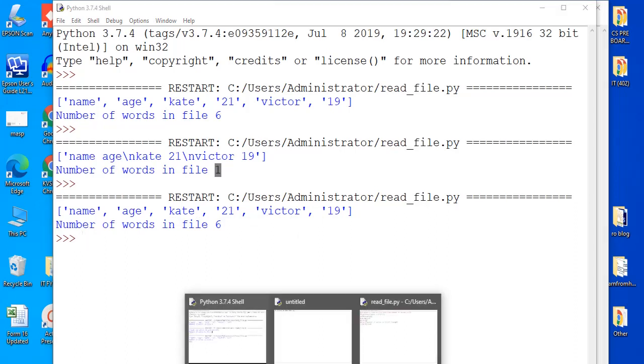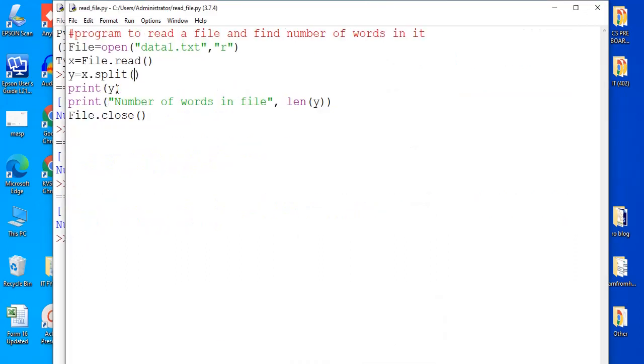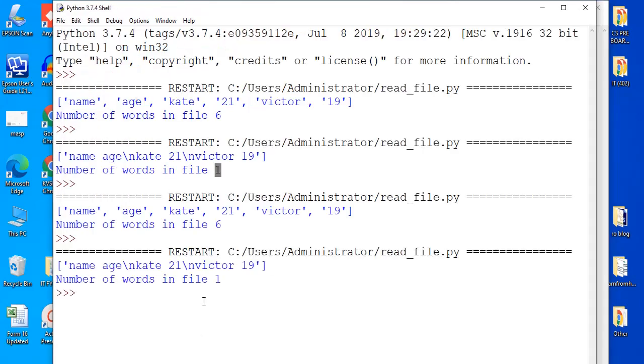Now in place of space we are taking, say, a hyphen, according to which we want to split the string, and saving and running the program again. See, since there is no dash or hyphen in the string, the complete string is treated as 1 and the number of words will be 1.